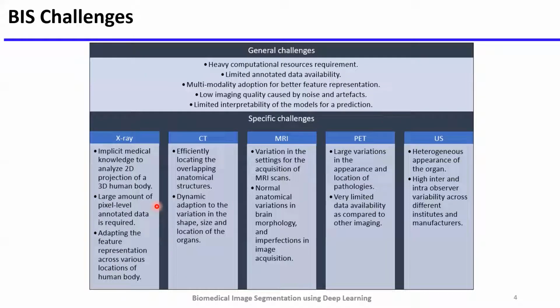So coming to the MRI scans, the setting is very important in MRI scans, because you cannot be sure that if you take an MRI of a single person from two different machines, you'll get the same MRI scan. That is also one of the biggest challenges, because the setting plays a big role here. And the normal anatomical variation in the brain morphology and imperfection in the image acquisition,